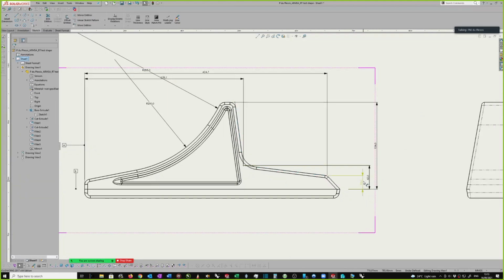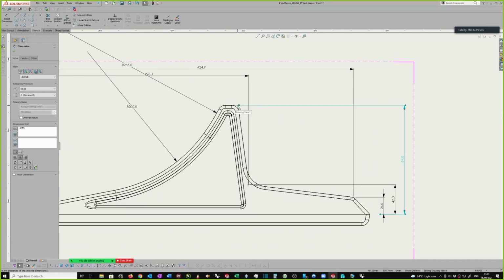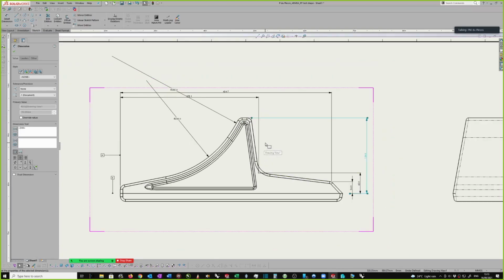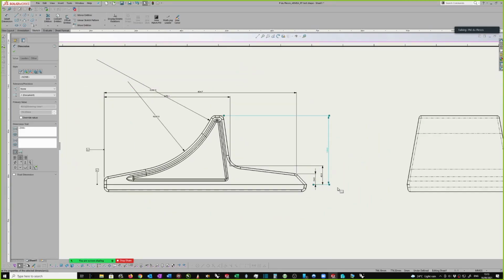And the same would happen here and wherever else you decided to do it. So that would be one trick I would suggest to getting these complex shapes where you've got fillets all around and the fillets are causing problems. This would be a way to solve that problem. The other way to do this is